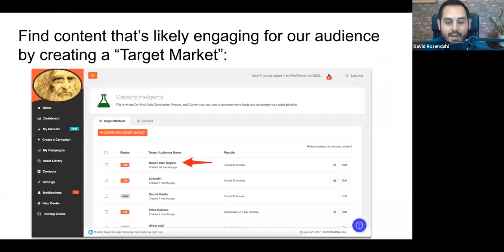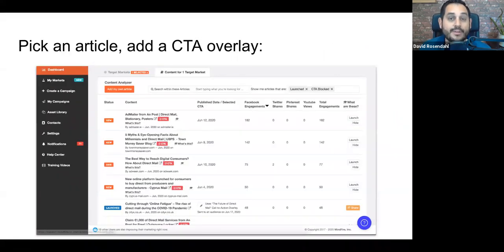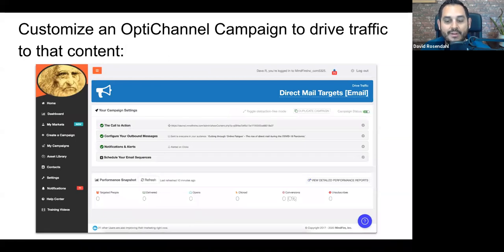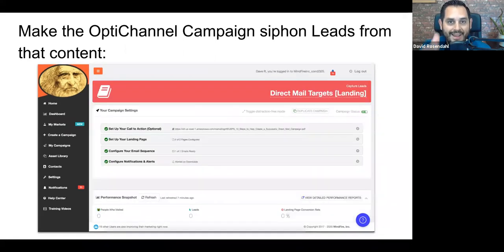And if you remember, I showed you how to find content that's likely to engage your audience by creating a target market. We looked at how to take that piece of content and put that call to action overlay on it. We looked at how Mindfire does its magic in creating campaigns for you that get you 80–90% of the way there, and how you can start to send email traffic, social traffic to that content, and then siphon it